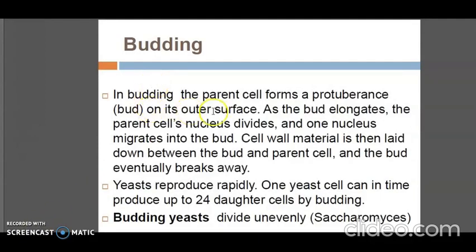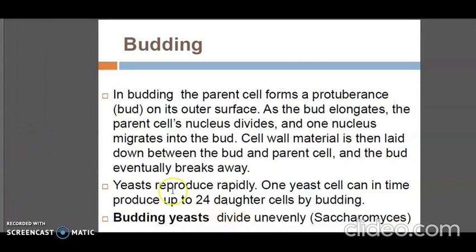In budding, the parent cell forms a protuberance on its outer surface, and as the bud elongates, the parent cell's nucleus divides and one nucleus migrates into the bud. The cell wall material is then laid down between the bud and the parent cell, and the bud eventually breaks away. Yeast reproduce rapidly; one yeast cell can in time produce up to 24 daughter cells by budding. An example of a budding yeast is Saccharomyces,